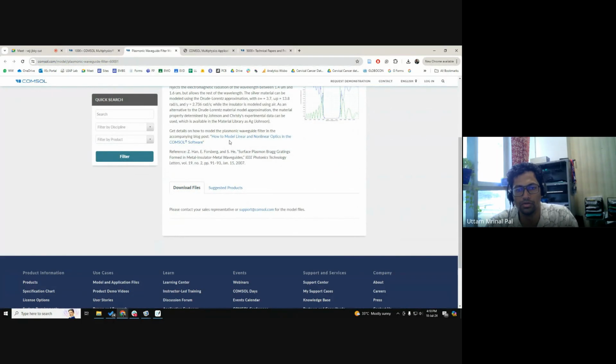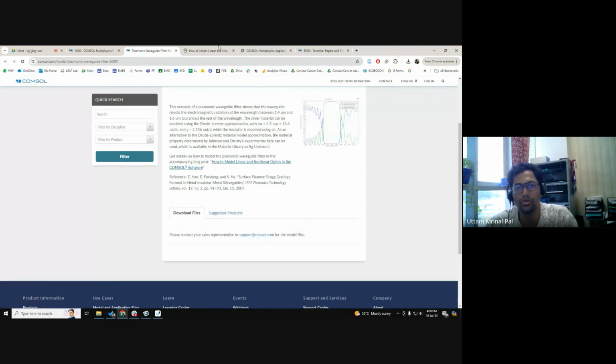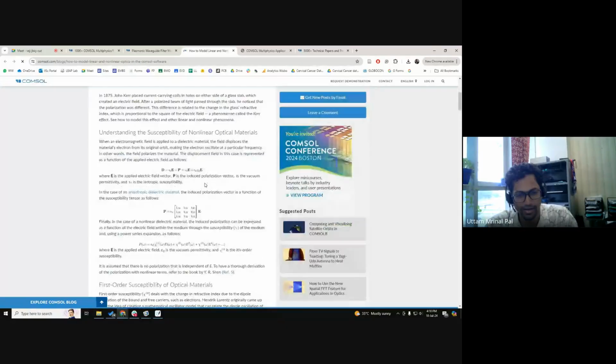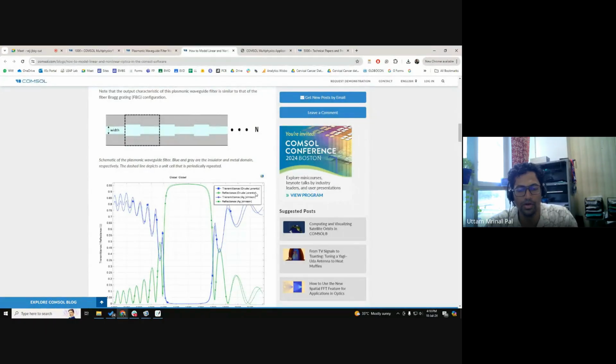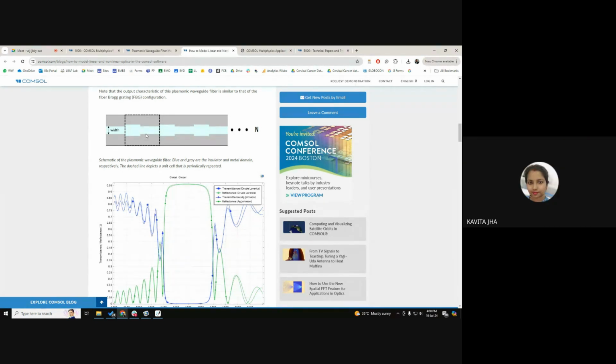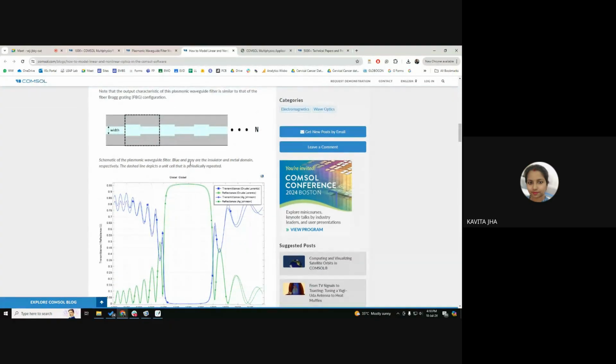It doesn't show this model anymore. Yeah, it has this kind of structure over here. It has this width and then keeps on increasing and decreasing, and at the surface it has a gold material. That was built using the Drude-Lorentz as well as the Johnson and Christy model for gold. Sir, if I want to design a simple fiber Bragg grating,